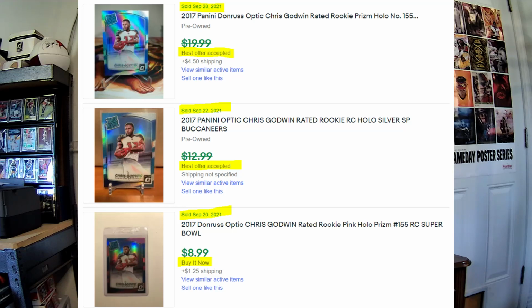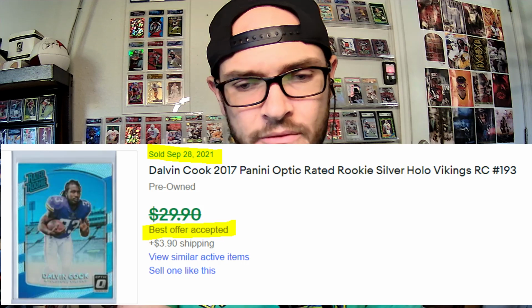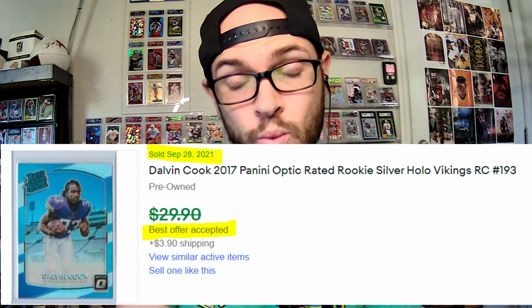His wide receiver pick was Chris Godwin's Optic Hollow. We talked about that, why that really hasn't moved. His running back pick was Dalvin Cook's Optic Hollow. This card really hasn't moved at all, but based on the scarcity of it, Dalvin Cook is a prolific running back when healthy. Key word there, because Dalvin Cook has kind of notoriously struggled with this questionable injury designation on